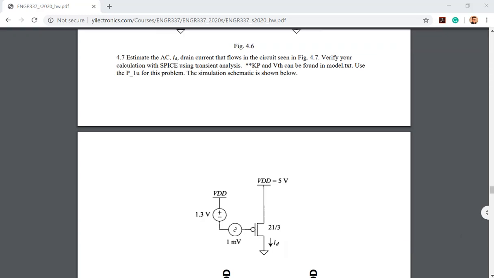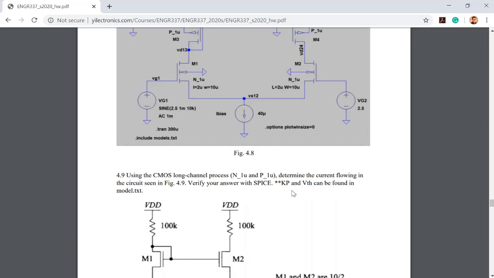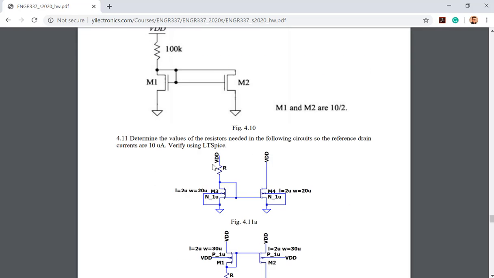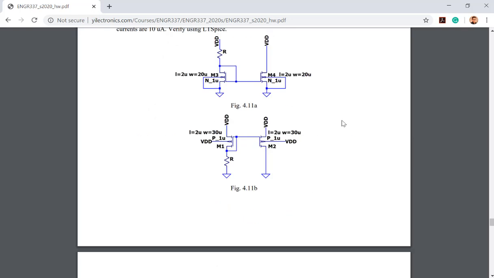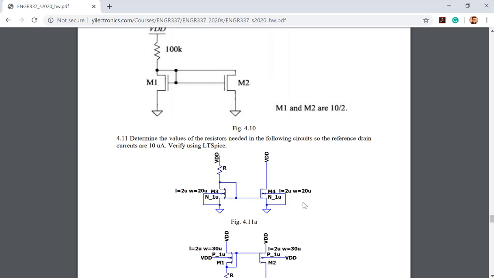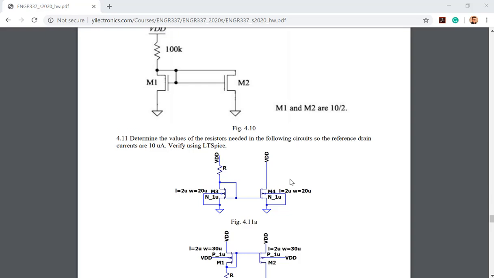All right, and current mirror as well. Actually, you cannot change too much about the current mirror problems, and we just don't want to give you any problems which are not covered in the course. So as long as you know how to calculate the current in the current mirrors, you'll be fine. It's going to be super similar to this one. And the last one will be a